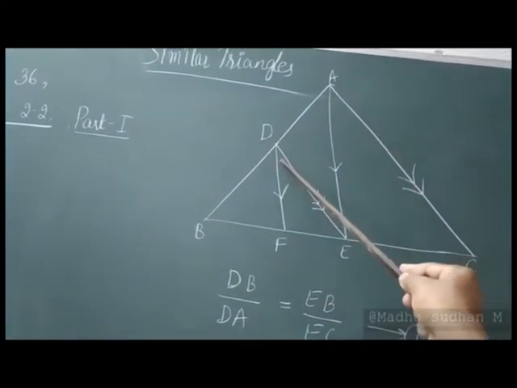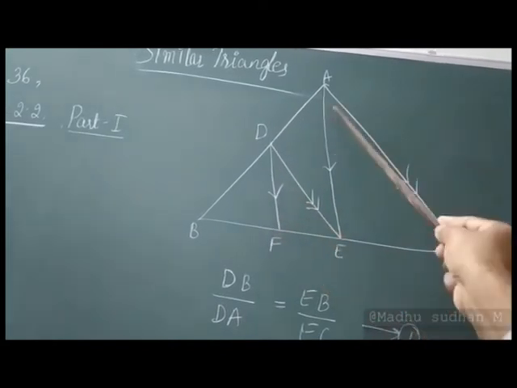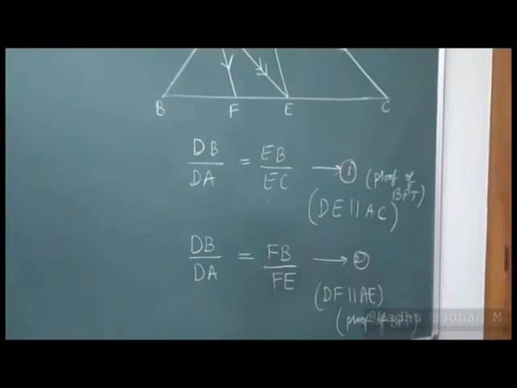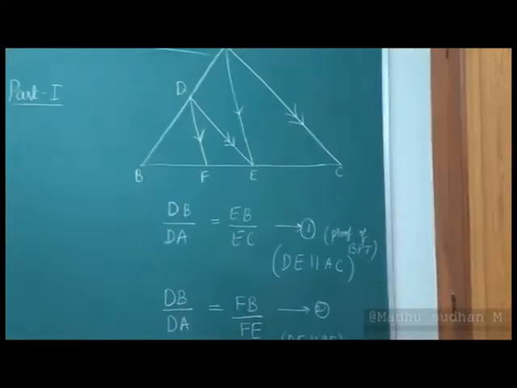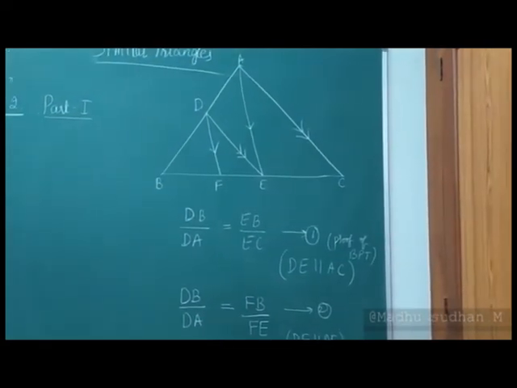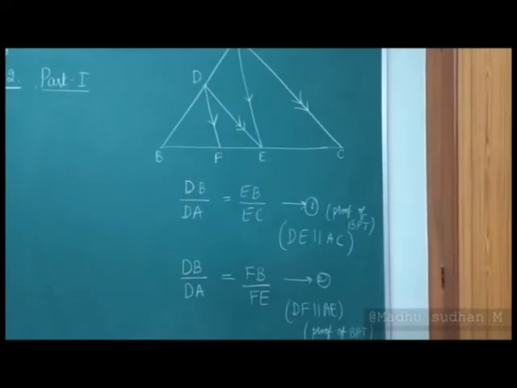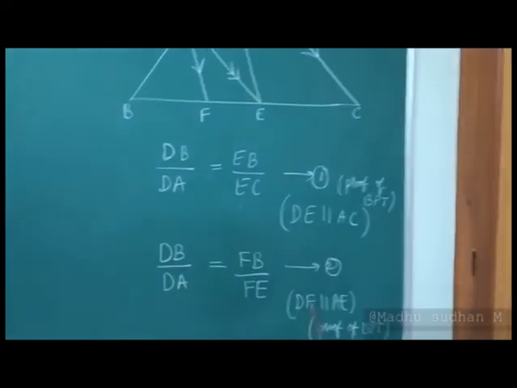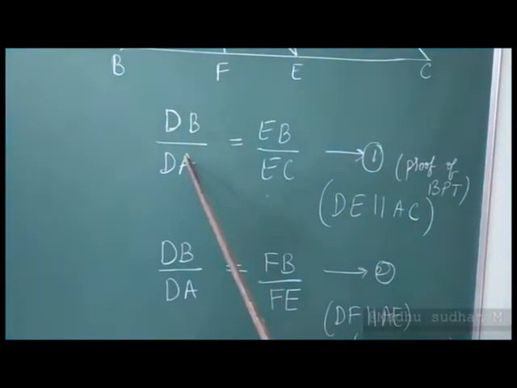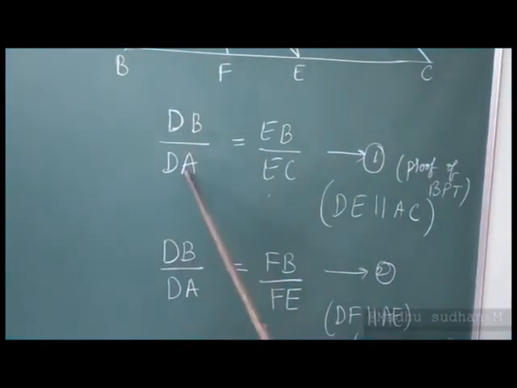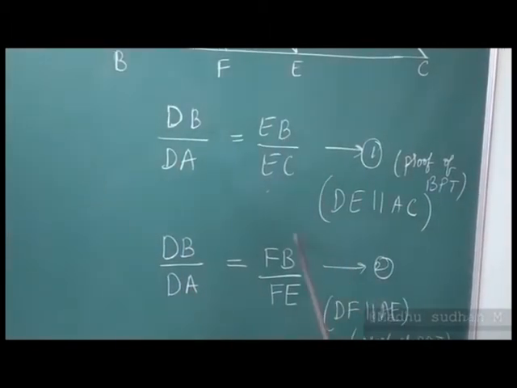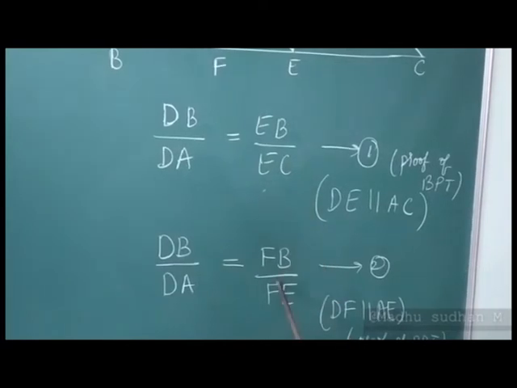So now which is the parallel line? DF is parallel to AE here. Follow it, children. Now if you look at the diagram and what we have written for equation number 2, DB by DA equals FB by FE, right? That shall be my equation number 2. Now if we carefully observe, you can find the LHS of these two equations is the same, right? DB by DA and DB by DA. So when we equate the RHS of equations 1 and 2,